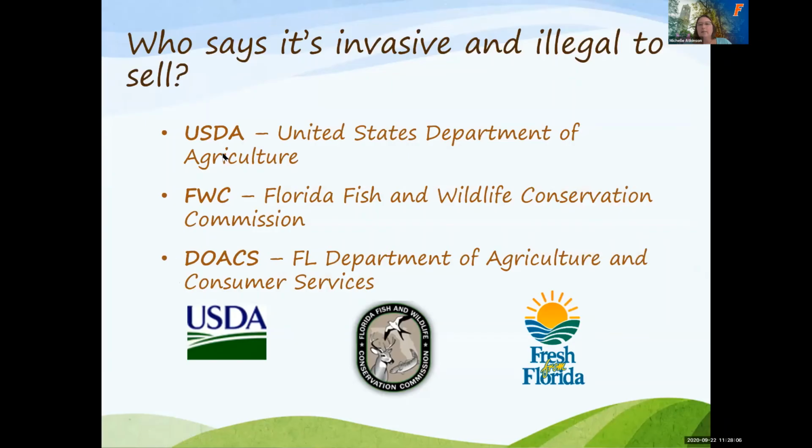Okay, so who calls them invasive? Who gets to say that they're invasive? And then making them illegal to buy, sell, trade, transport, have in your possession, period. So that would be the United States Department of Agriculture, along with the Florida Fish and Wildlife Conservation. Typically, those are the two agencies that make this determination based on the economic impacts of the plant, based on its occurrence in Florida. There is the Department of Agriculture and Consumer Services that's involved as well, that should be FDACS, but